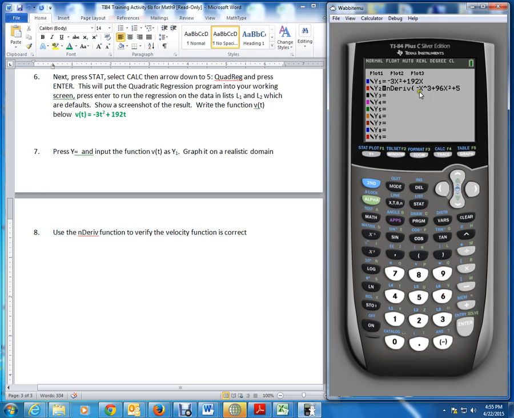We can no longer just use y1 because we have something different under y1, and we're just storing it there. Comma, we need the x, and then x. So now when we press graph, we have our domain already established. We're going to graph a red curve because it's turned on, but the blue one is not turned on. So when we hit graph,